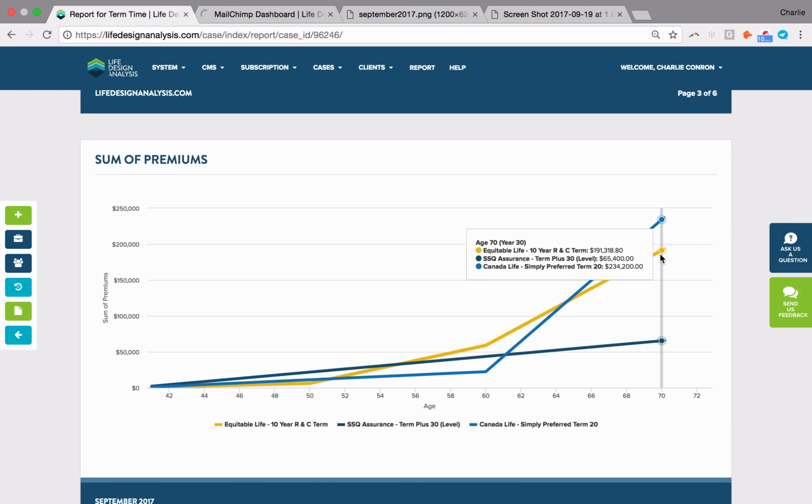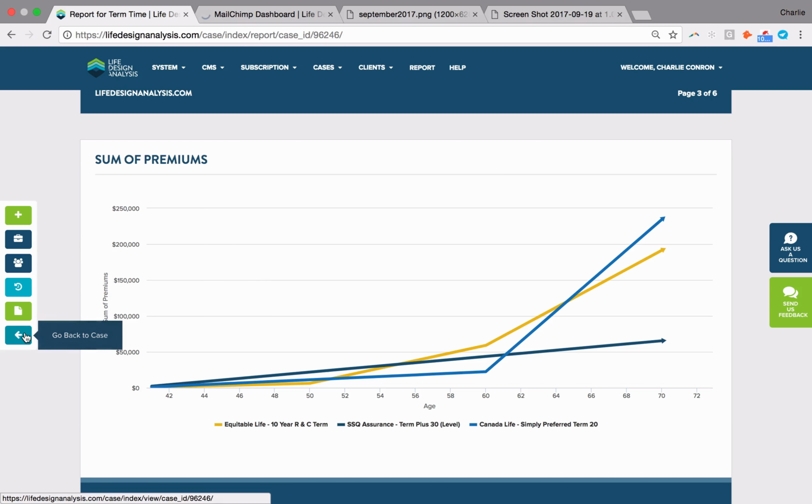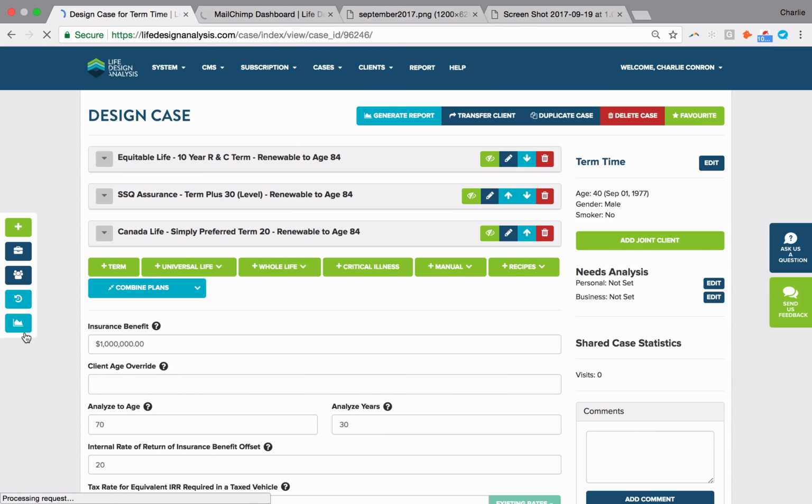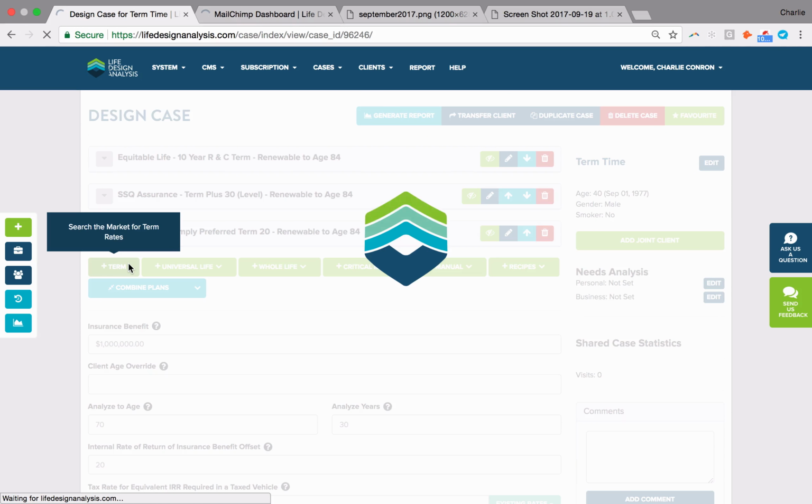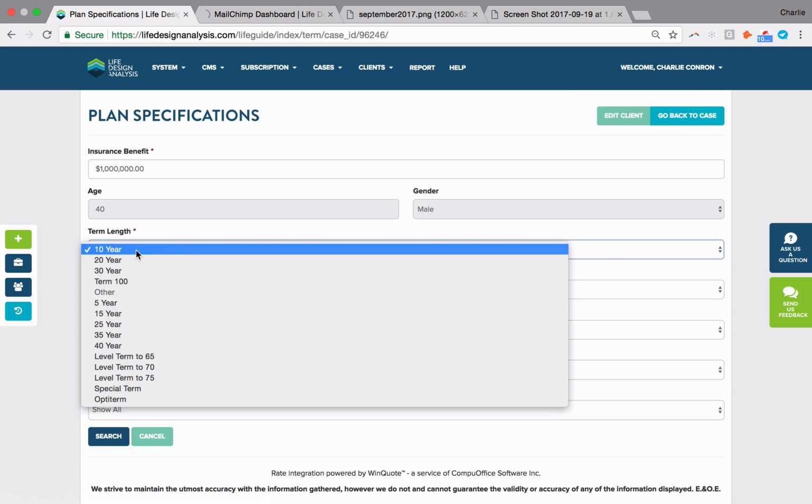Now, one of the other products that I think is really interesting in this space is a term to 65. And I'm not sure in this case if it's actually going to outpace that term 30, because that actually does take us right to 70 years old for a 40-year-old client. But perhaps even someone younger, if they were looking at term 10 for a house or something like that, or just starting in the professional world, we might want to consider a term to 65. So let's add that in here and just see how that would work for this particular client.